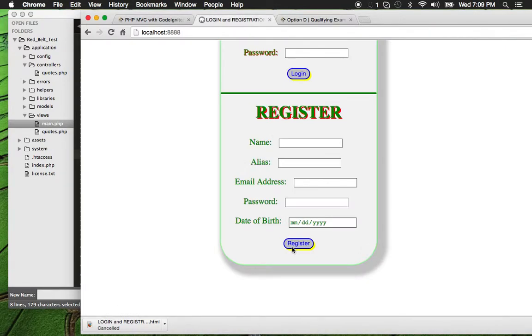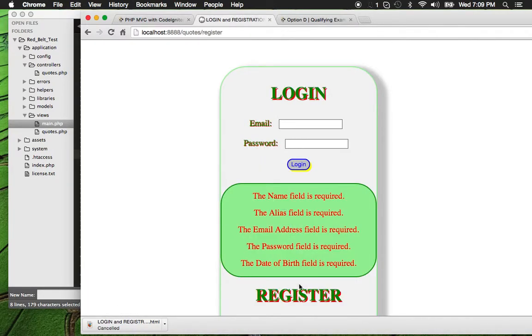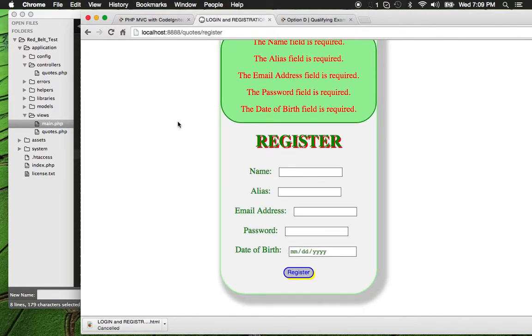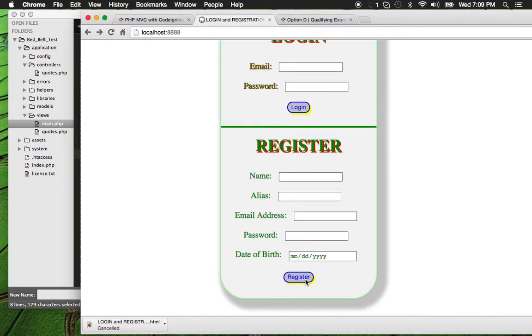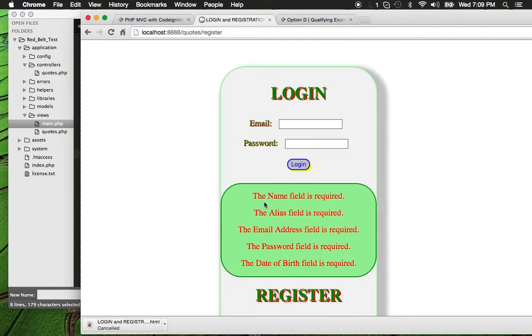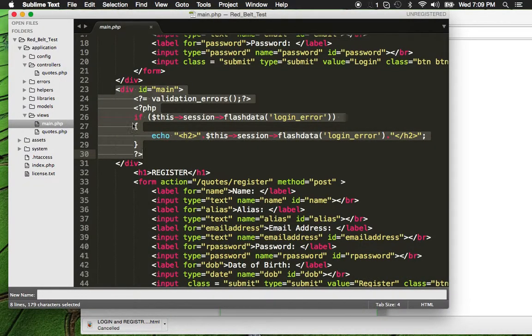So instead of that, if people make an error, we have to validate their form. For example, if people try to register without putting any information, it tells them the name field is required, the alias field is required, the email address field is required. So that's what this one is. A validation is like a set of rules, we direct people how to use that application. So if people put any wrong information or wrong thing, like